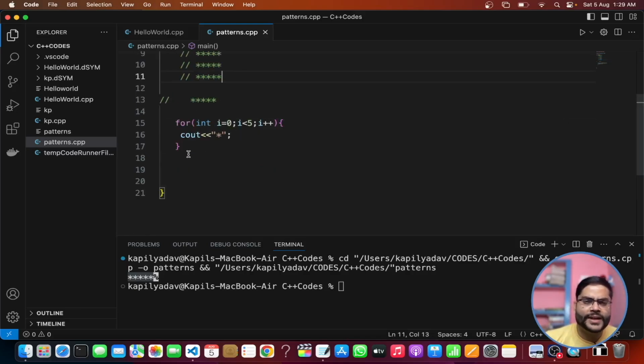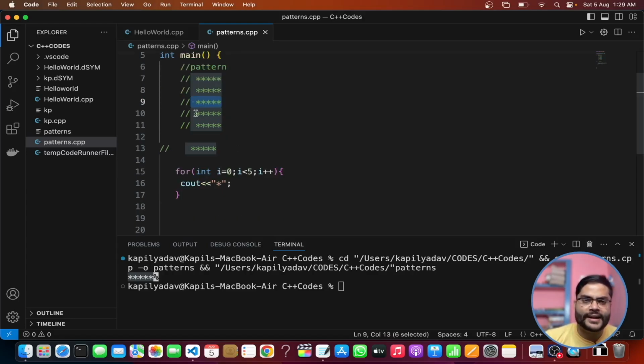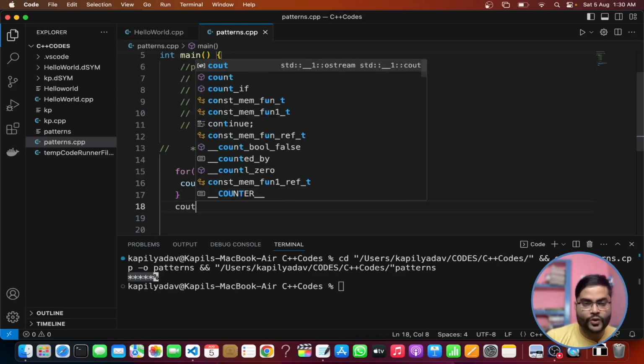Okay, can I do something like this? If I see in this pattern, we have printed 5 stars, and in the next line we have again printed 5 stars, and in the next line again 5 stars, and in the next line again 5 stars. So 1 2 3 4 5 times we have printed these 5 stars. Okay, so I know for one line I can use it like this. So if I go to the next line,